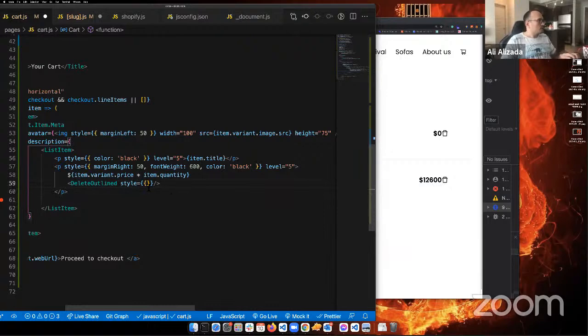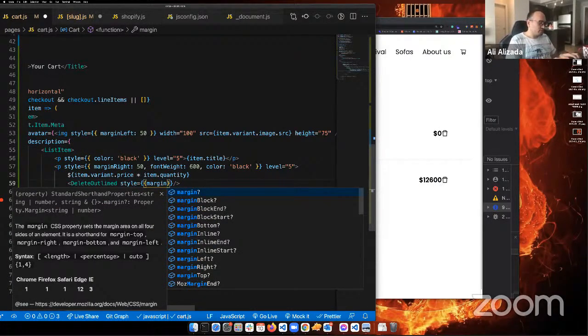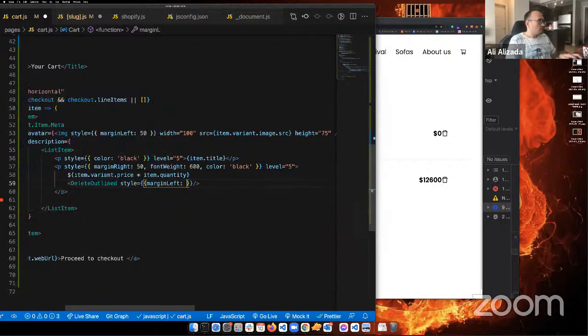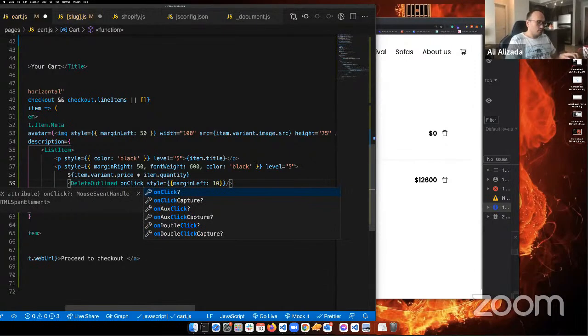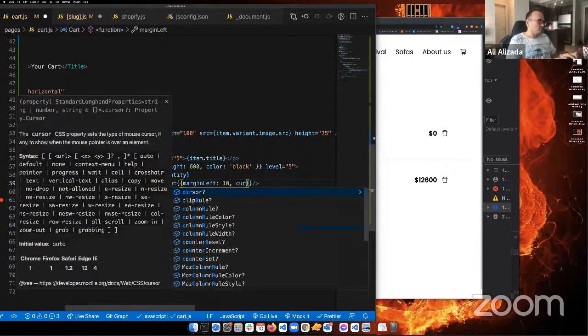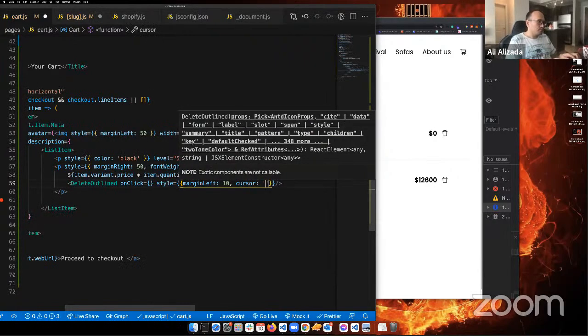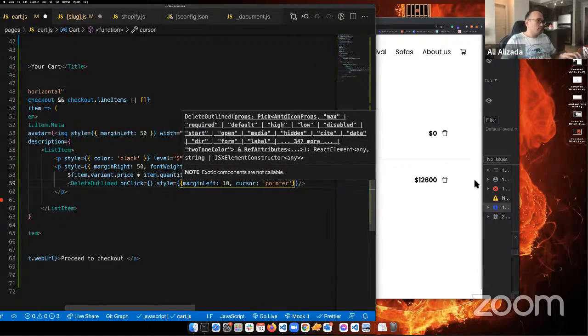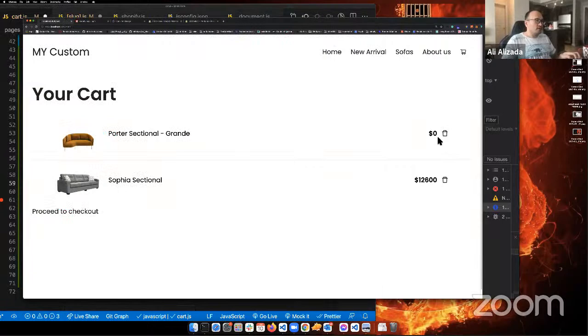Okay. So now I'm going to say margin left, and margin left is going to be 10 pixels. That's nice. So now I'm going to add an onClick function on it, and also I want the cursor to be a pointer. So when I go on top of that,